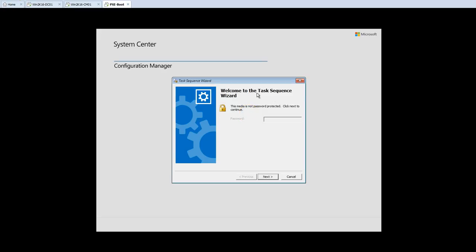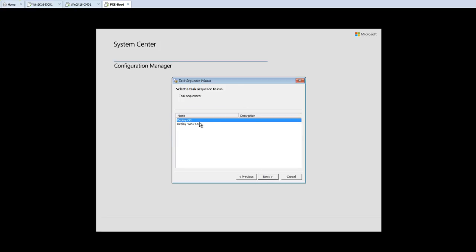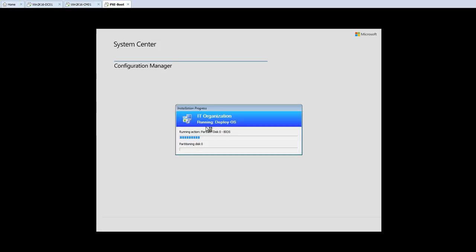We have not set up any task sequence password, so we can simply click on next. You can see both the operating system task sequences available here. So I'm going to install Windows 8 on this machine, so deploy OS, and this is especially for Windows 7. So I'm going to select the deploy OS and click next,